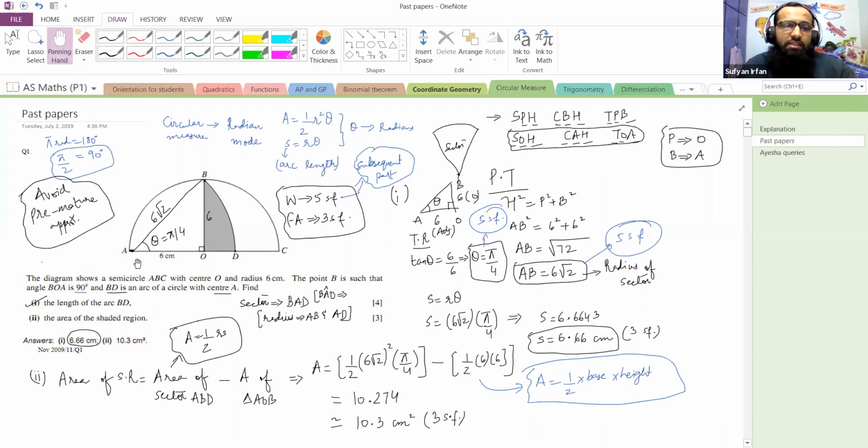But for a right angle triangle, the base is 6. The 90 degrees, we can see the 90 degrees over here. AOB is right angled at O, so AO is the base and OB is the height. The formula is half into base into height, and we can find the area of the triangle using that. Are we clear with this question, or are there still any questions that you need to ask? Right. Take a screenshot so that we can move on to the next question.